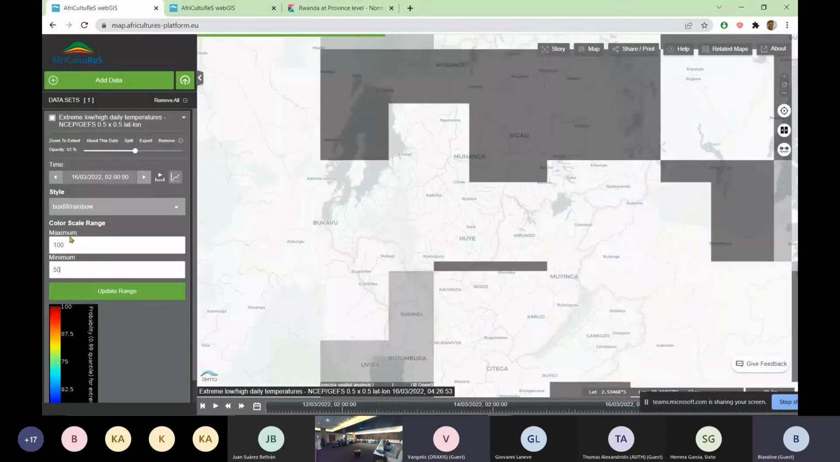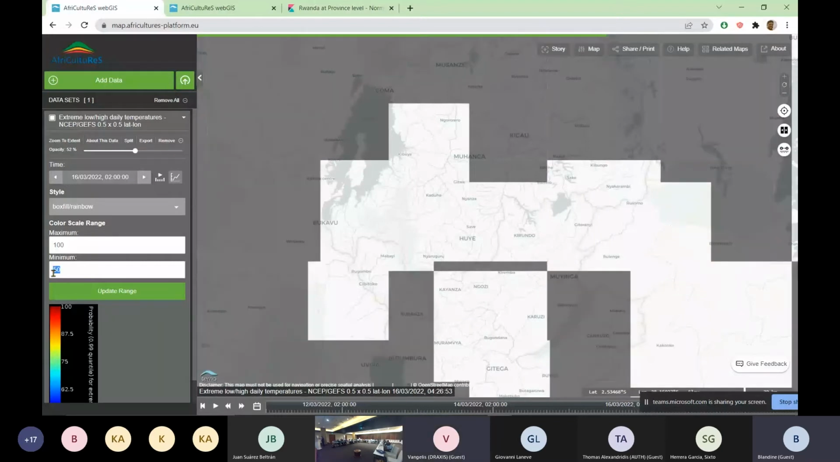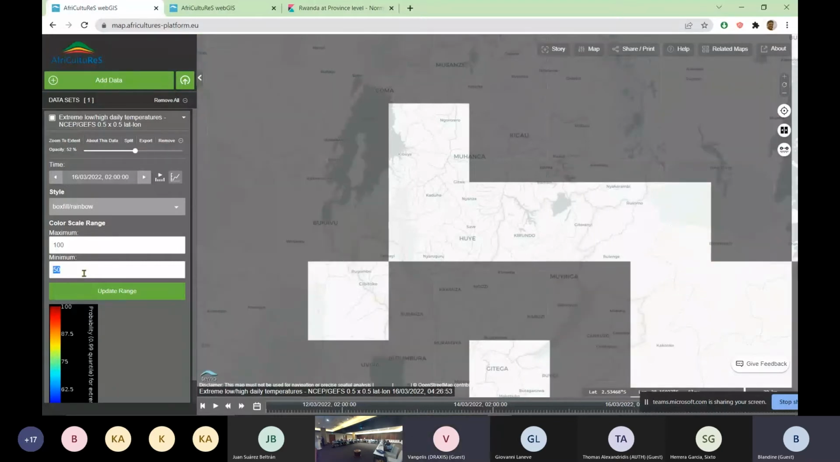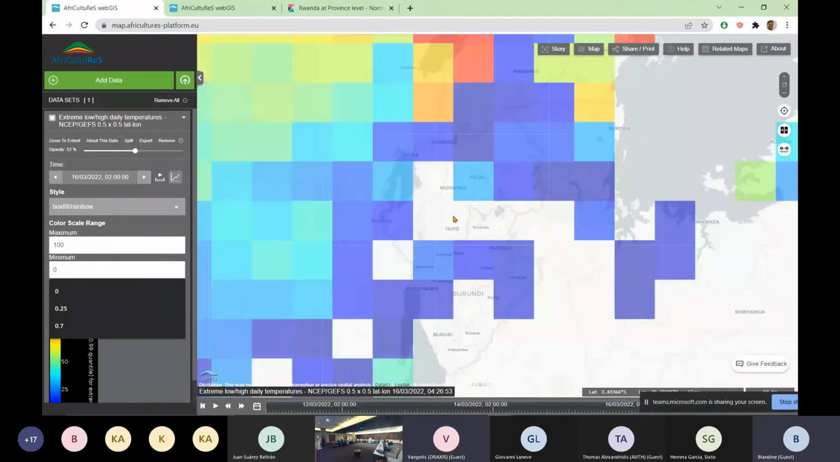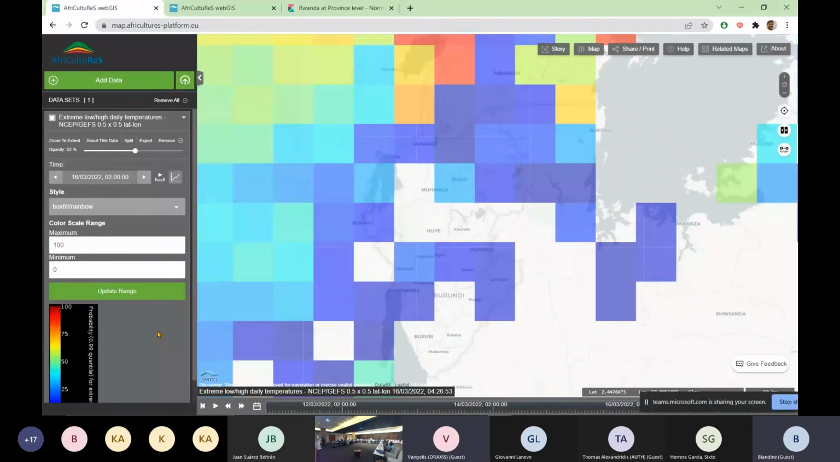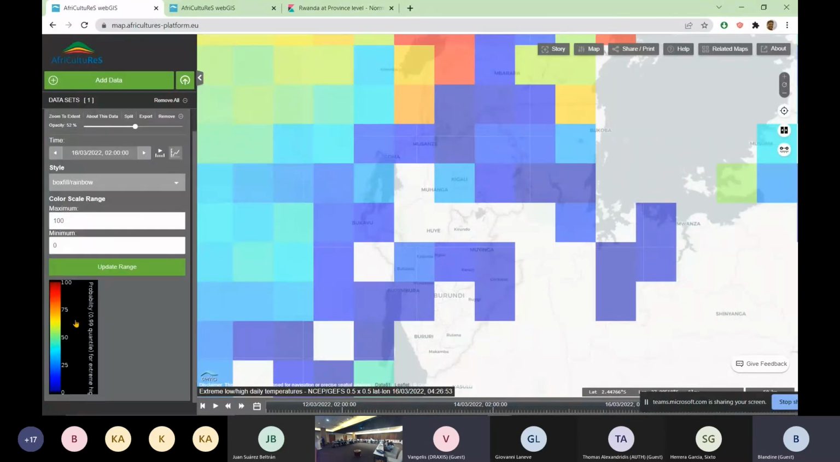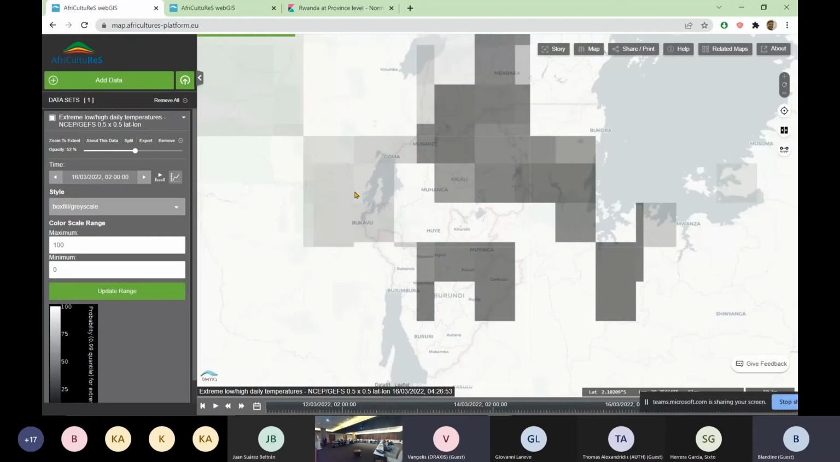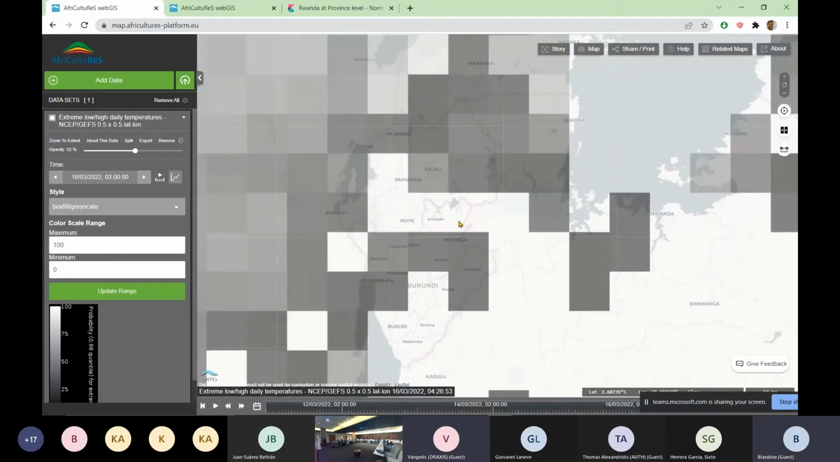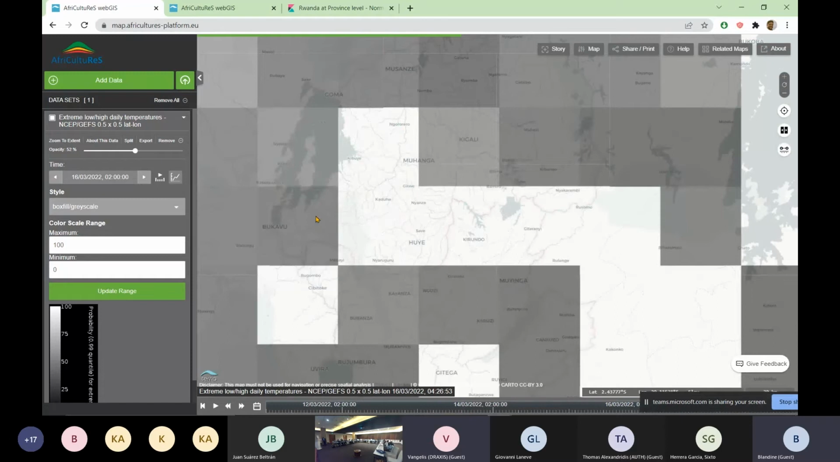Okay, in that case I got a black screen, but this changes the range of the colors, and that is also something we can play with. Under the style box, we can present, for example, the data in grayscale. So there are some options regarding the visualization